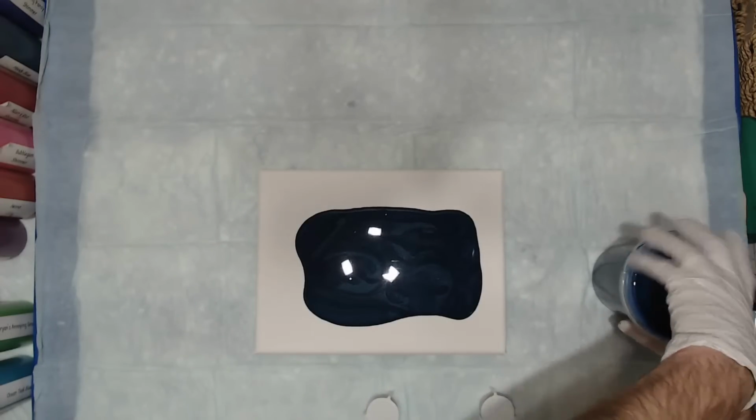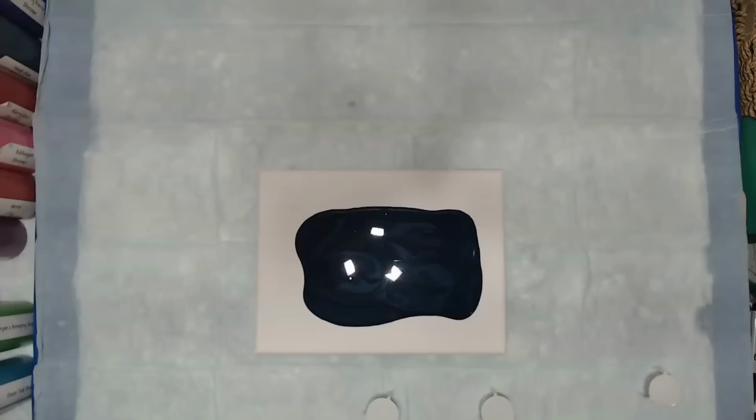So I got a Payne's Gray base. You can slide